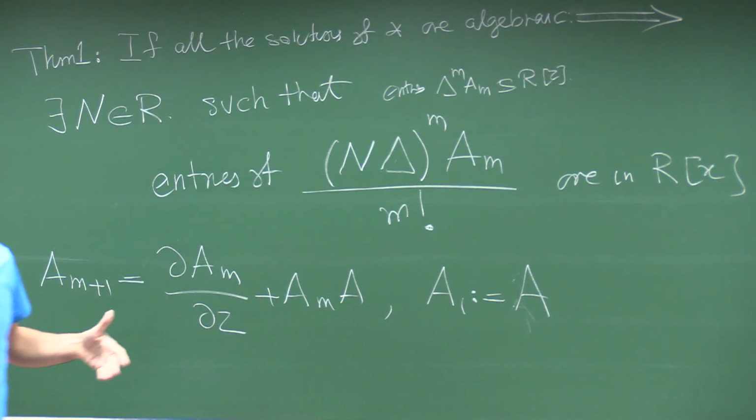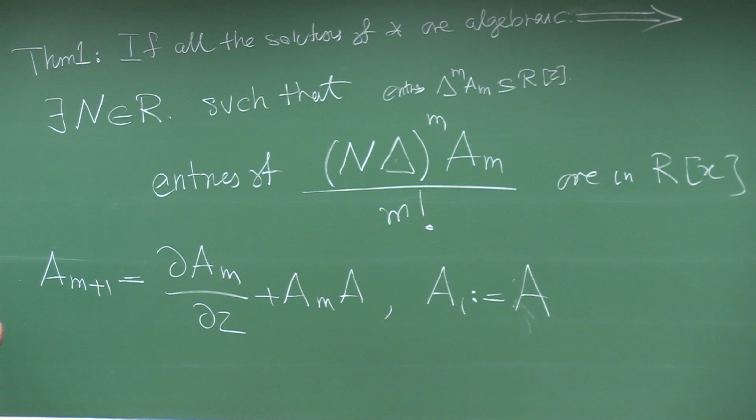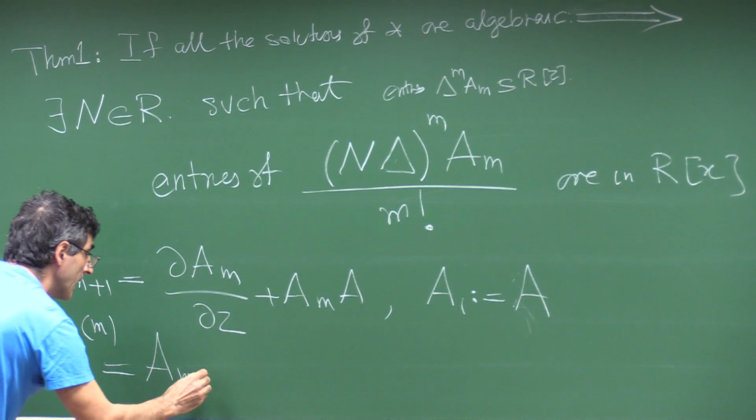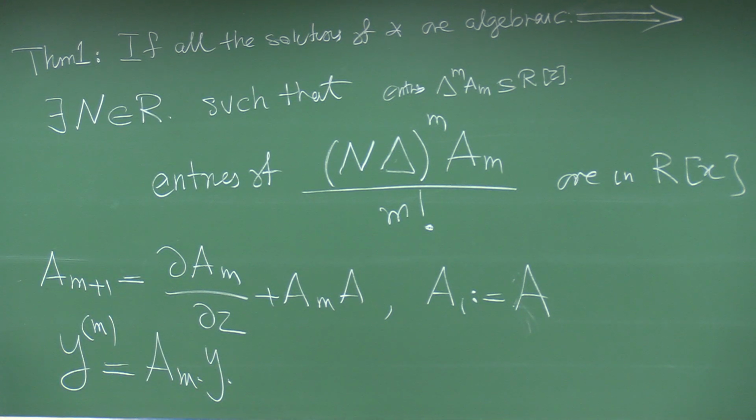So the matrix A_m is the matrix of the system which is obtained by the m-th derivative. Exactly. I will write this one in a moment. So maybe I write it. So A_m is described in fact by this: the m-th derivative of y is A_m y. Okay. So this is the m-th derivative. But anyway, this is A_m. We compute it in this way.